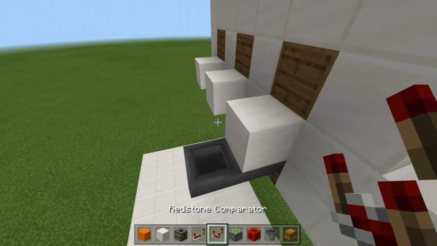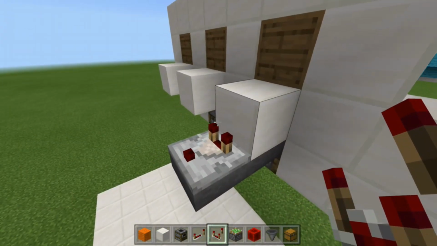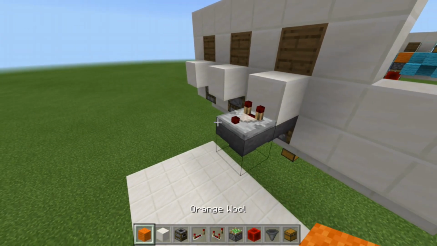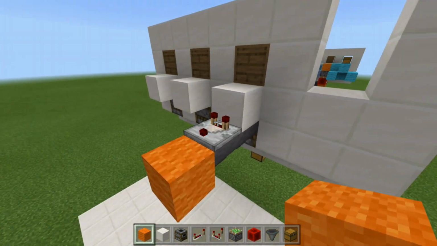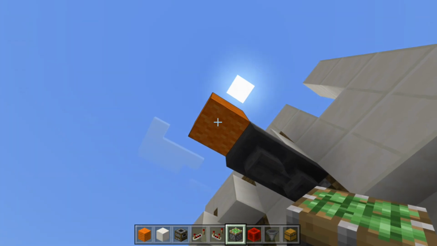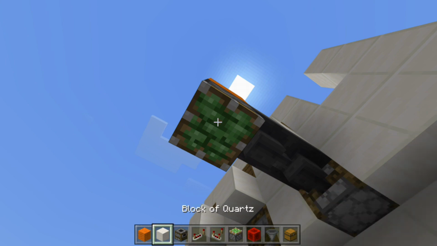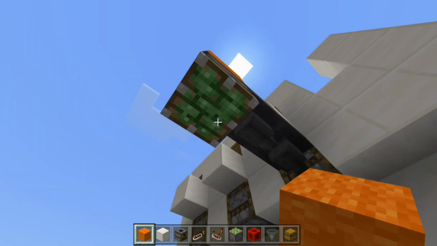Now we're going to grab a comparator, run a comparator out from that block on top of the hopper, run that comparator into a block like this, grab your sticky piston, come underneath, sticky piston facing down with a redstone block that's going to be on its face, but let's go ahead and hold off on that for a second, because what we need to do now